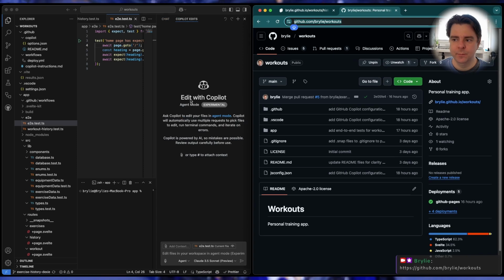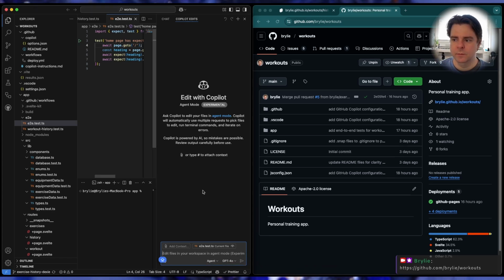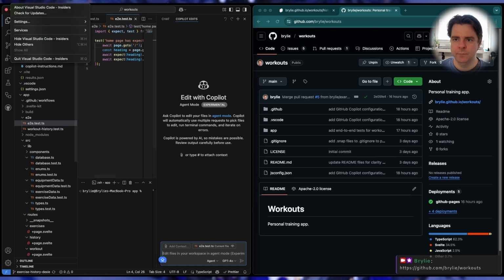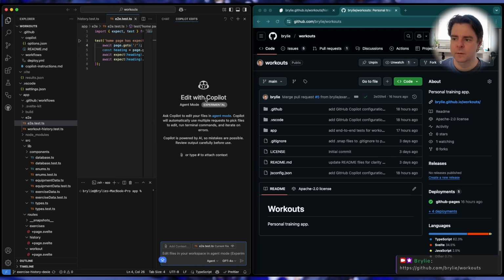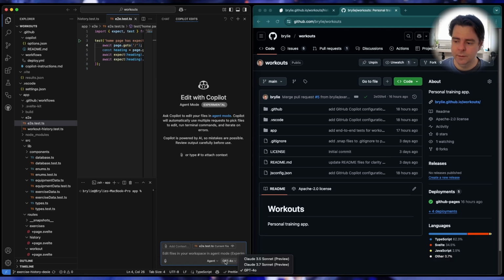We're going to be using GitHub Copilot in agent mode today. Quite a lot. I hope we have enough credits. I've been doing some work this morning. In order to work with agent mode currently, you need to have VS Code Insiders installed. This is an experimental feature, but it's similar to Cursor AI. It's sort of the GitHub response to Cursor's interactive agent mode. It's very powerful. I've had great results. And it lets you select between models, and each of the models has a little bit different strengths and